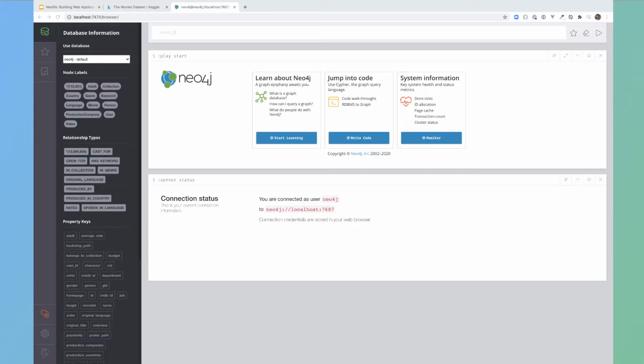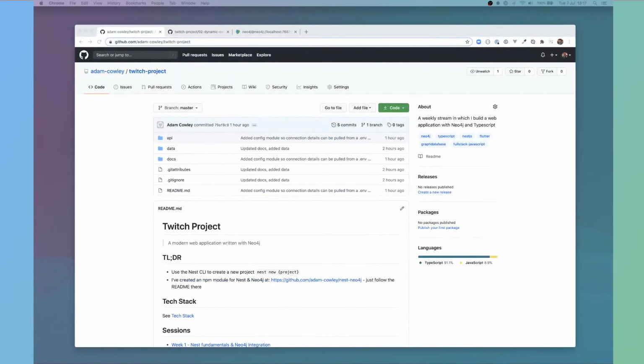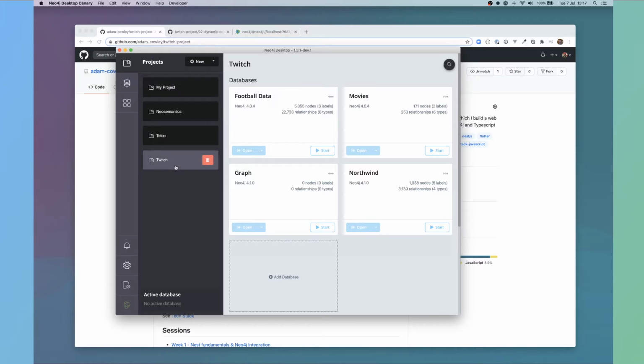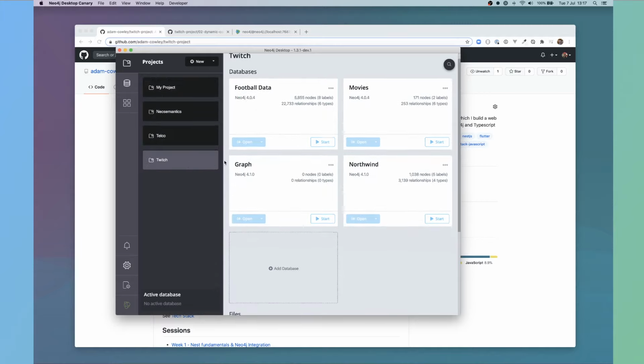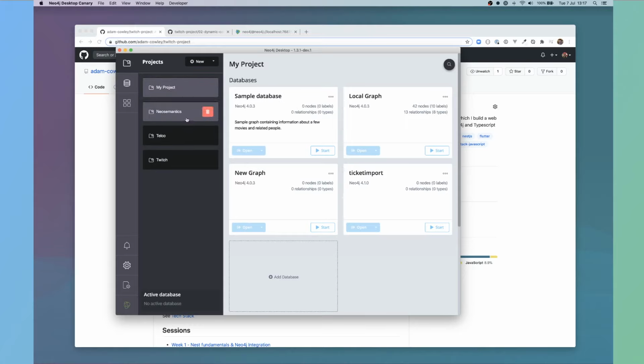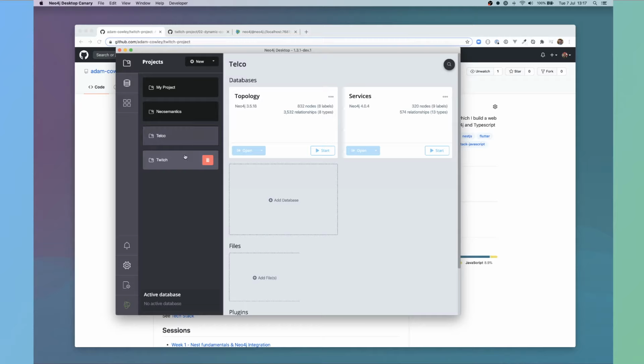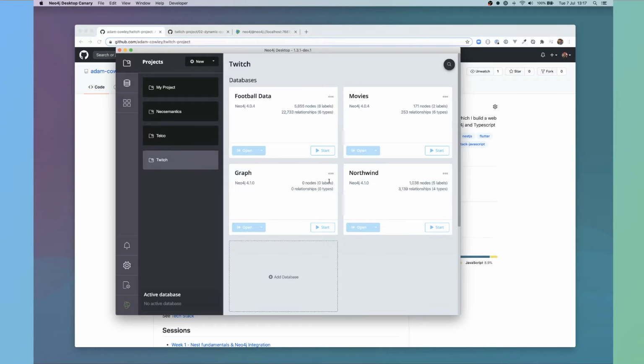If we take a look, for example, at the movies dataset, in order to import this data in, the first thing I need to do is change some configuration inside Neo4j. There are two ways that you can look at importing the data in. I've already created my database. If I can find it, it should be the active one. I think it might be. Okay, cool.